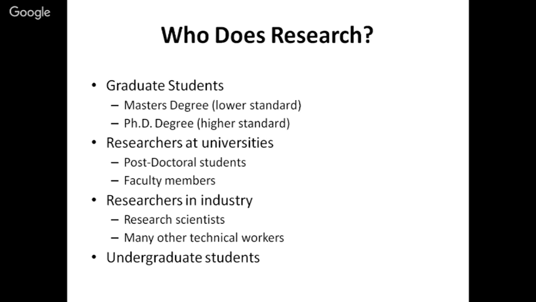Now, as I said, who does the research? Graduate students, researchers at universities, faculty and staff at universities, and researchers at the various industries or R&D labs. Obviously, the work done by a master's degree student is of comparatively lower standard than that of a PhD student. After that, at the postdoctoral or faculty level, the quality of research is comparatively better. And further, researchers who implement these results in industries or R&D labs produce even better quality research.